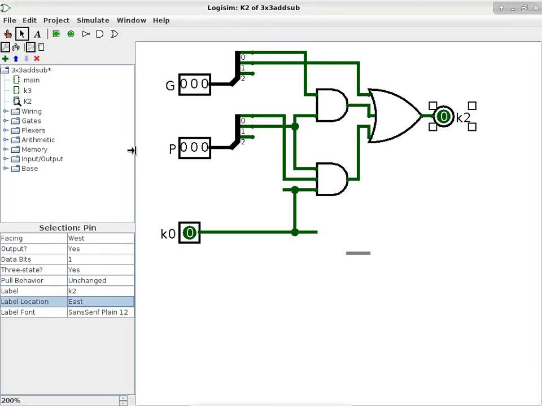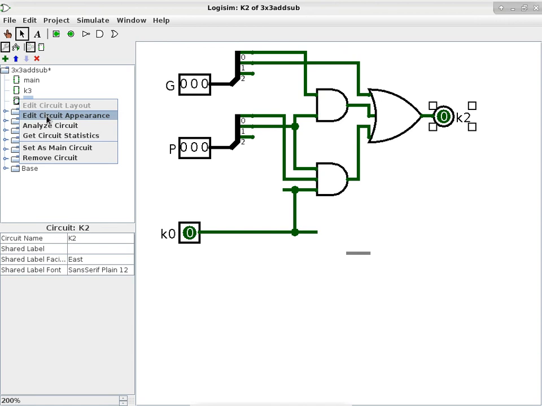Now, because I copied and pasted the whole thing, most importantly, I copied and pasted the input pins and also the output pin. So when I right-click and edit circuit appearance, the locations of the pins will be the same as the K3 circuit. This way, I don't have to think about, oh, did I move the pins around with this particular subcircuit? So we'll still have G, P, and K0 the same way as K3. So when we edit circuit appearance,